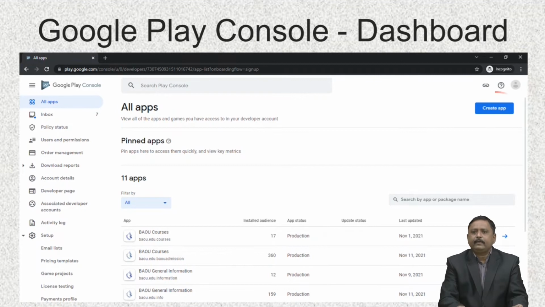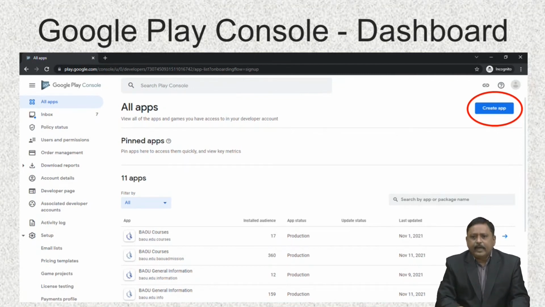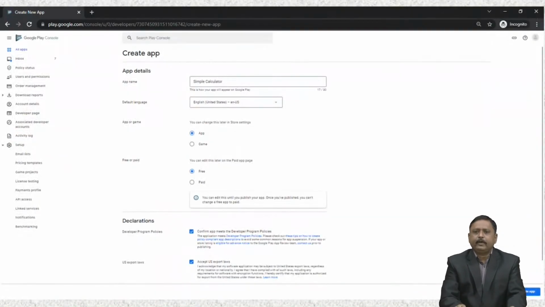For that you have to click on this blue button at the right top with the caption Create app. By clicking on this button, you can add a new app into your existing apps. So, when you click on this button,